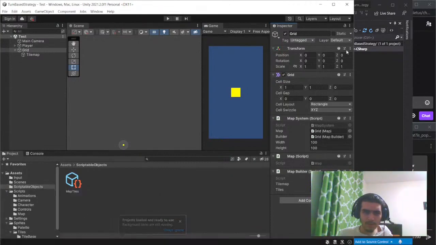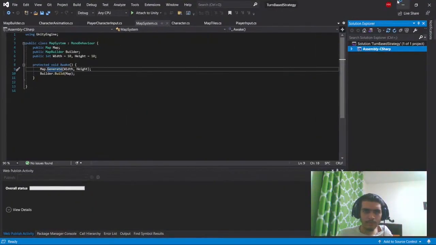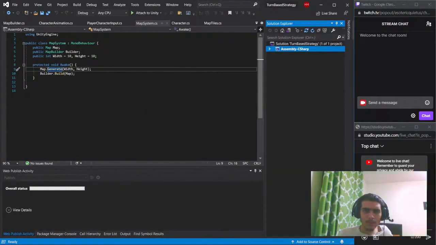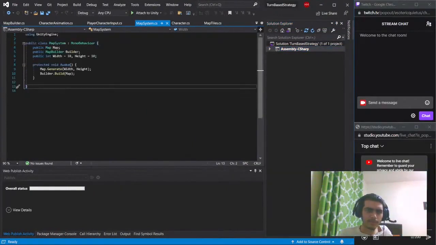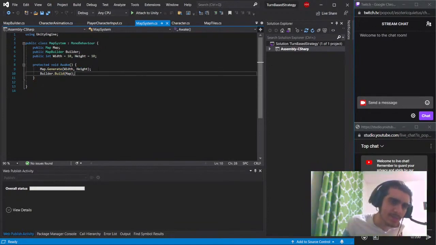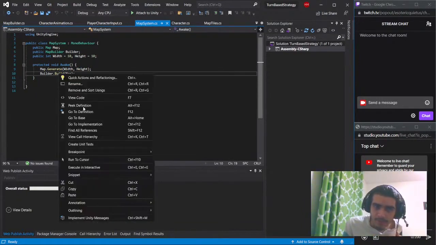There are two here. Okay. We generate the map with a width and a specific height. The builder is, we build the map